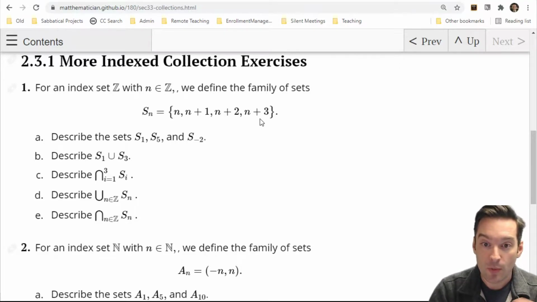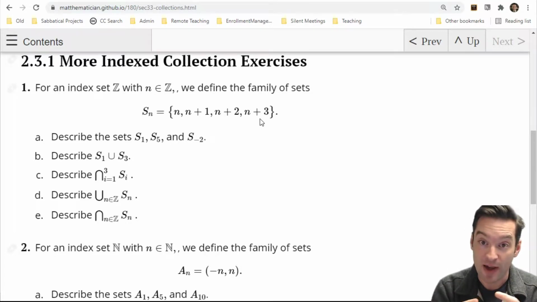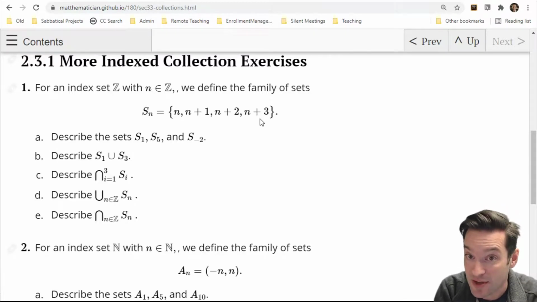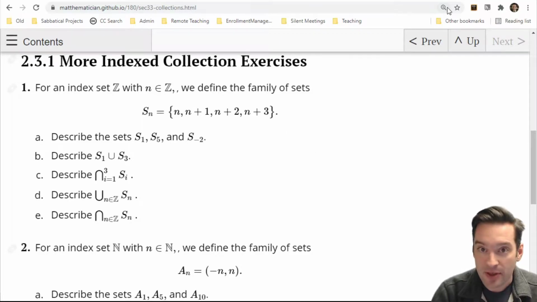And so what we're going to want to do with this collection of sets, we've defined now infinitely many sets, one for every integer in the set of integers. So that's a lot of sets that we just defined. And we want to be able to do operations with that collection of sets. And the advice that I'm going to give, and these problems are very well scaffolded for us to think through this in this way,